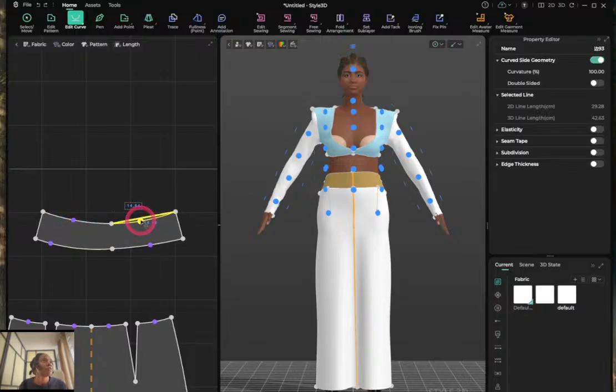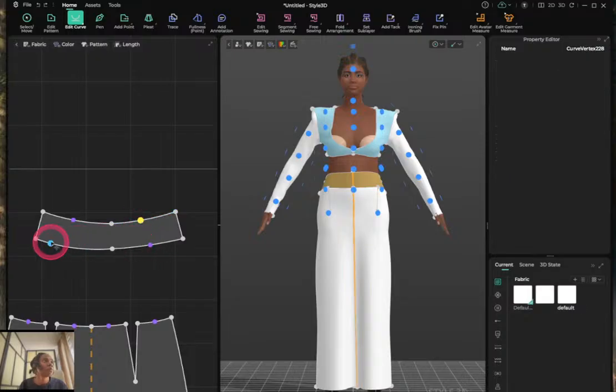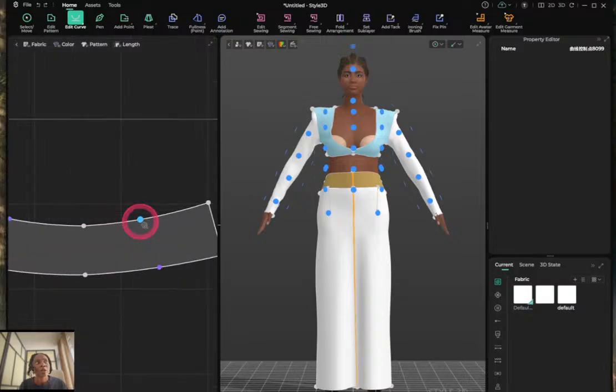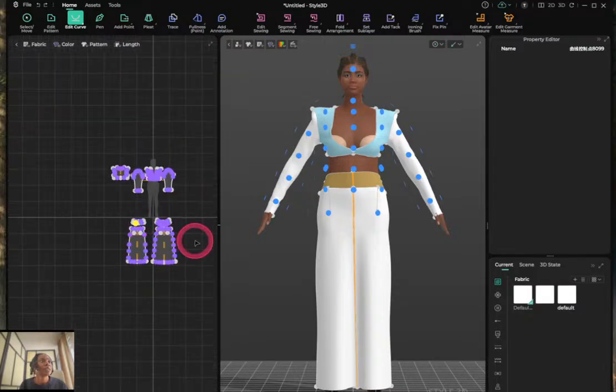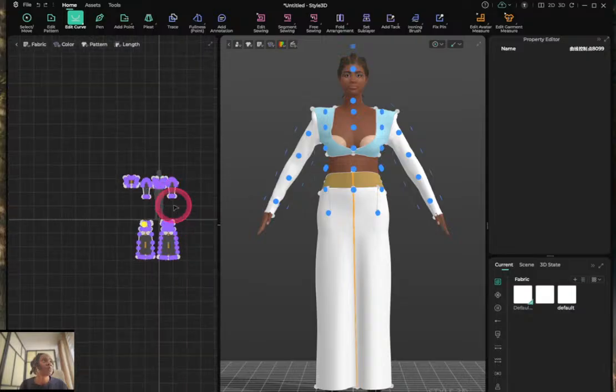So now we have somewhat a normal waistband, no? Especially on one side. Let's correct the other side also,